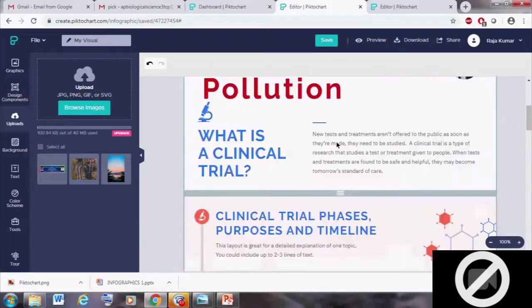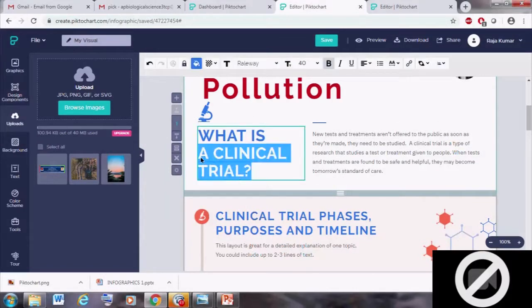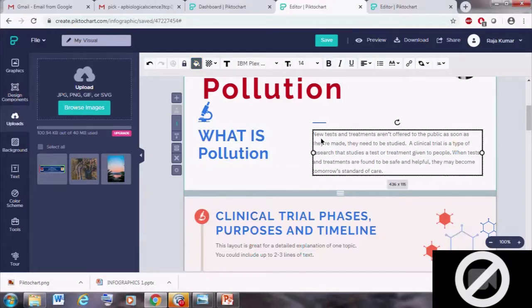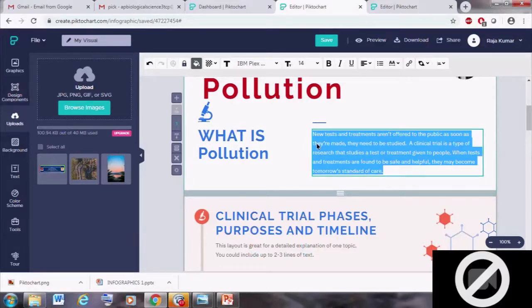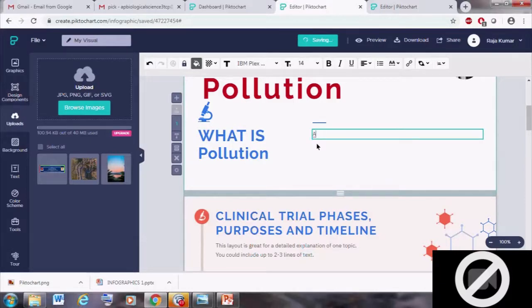And next we can give a definition for pollution. What is pollution? Any undesirable changes in the environment.